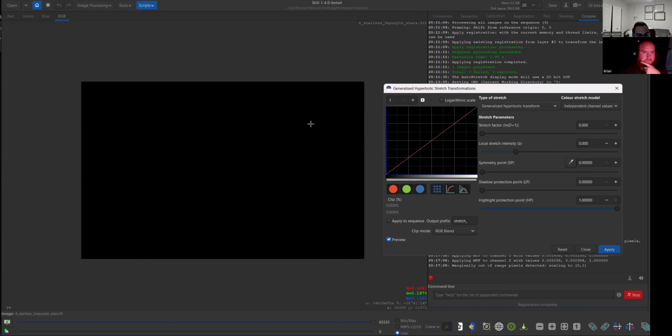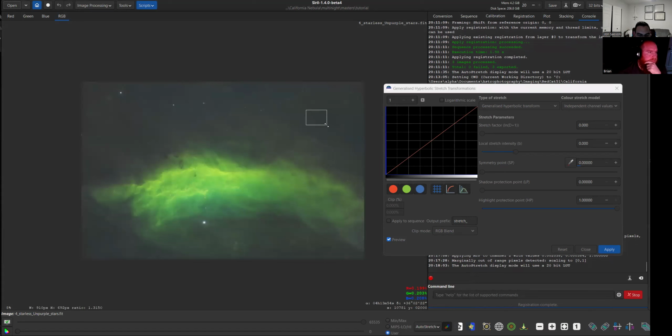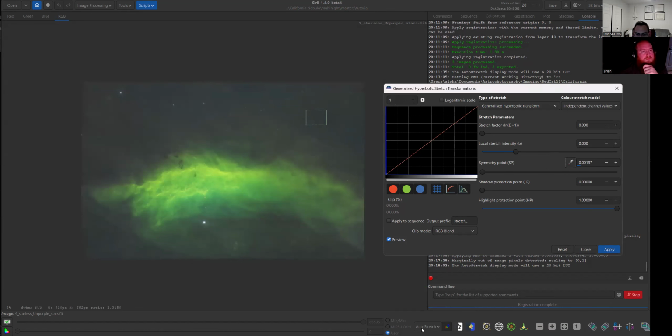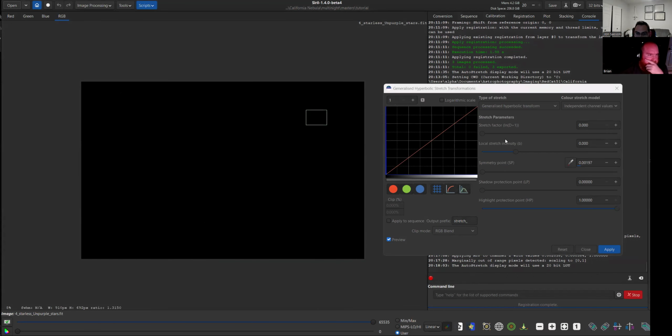So for this first stretch, what I'll do is I'll go back to auto stretch real quick to select a piece of the background. So I just click and drag, and then I make that my symmetry point. We go back to linear, and I'll drive this local stretch intensity all the way up. Then I'll start moving my stretch factor. And what I want to do with this first stretch